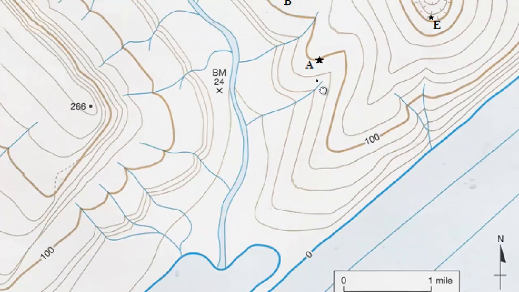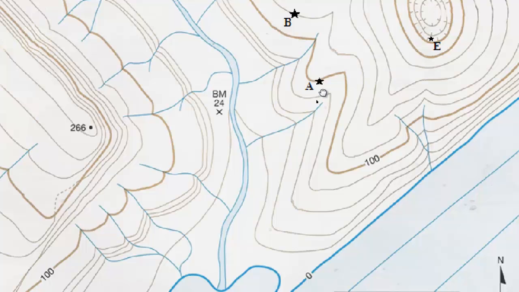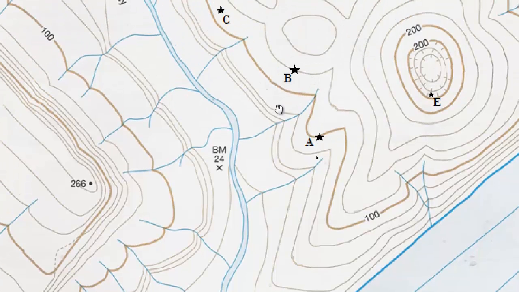And we could also then go to the next one. All right, B. It is the next contour line. The question, though, is, are we going uphill, which means we'd add 20 feet, or are we going downhill, which would we subtract 20 feet? A couple ways you could think about this. One, you can see there's a stream here,